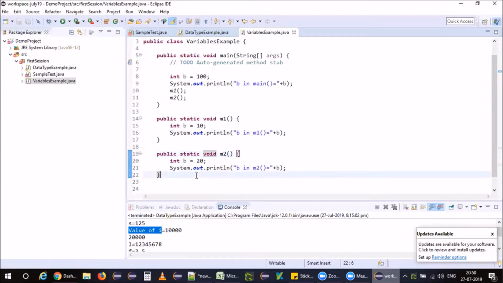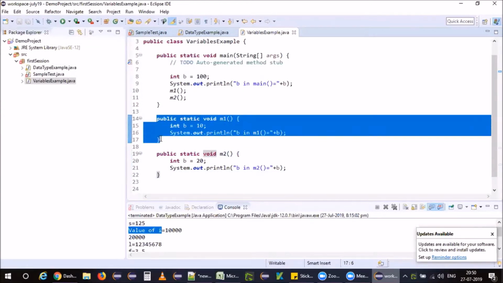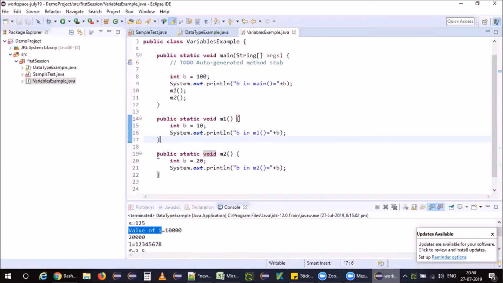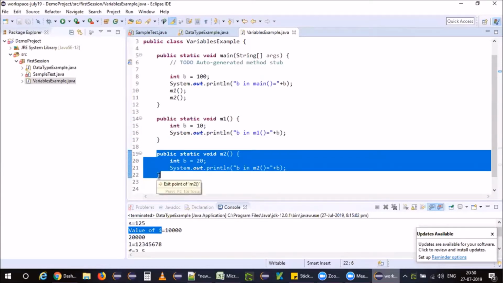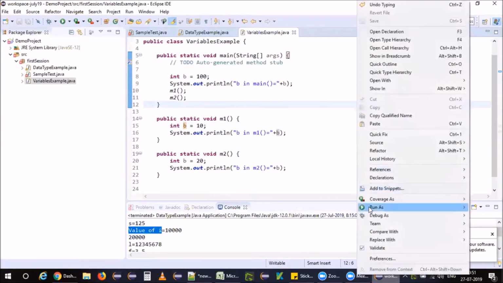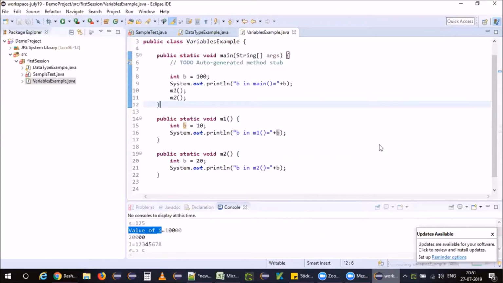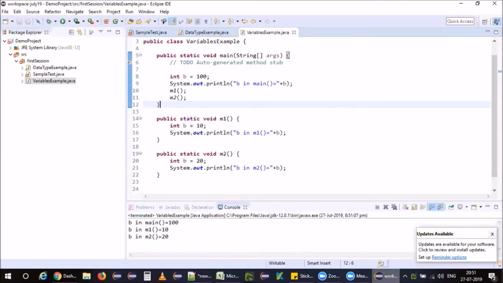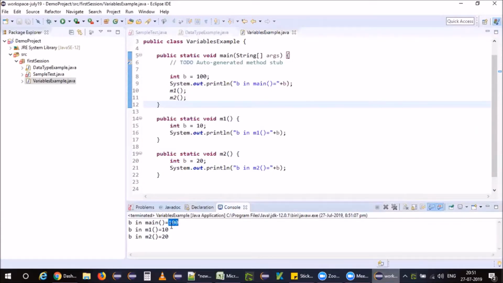Okay. So what this is doing is I have declared a method, or a separate function, called m1, and there is a separate function called m2. So there are two different methods or functions, and each of them has a local variable called b. So when I execute it, I will get the values: b in main was 100, b in m1 was 10, and b in m2